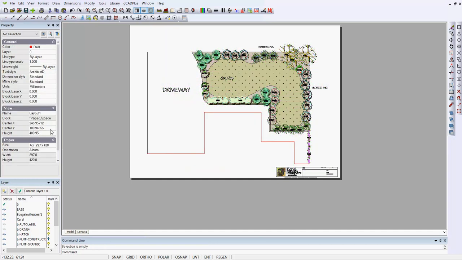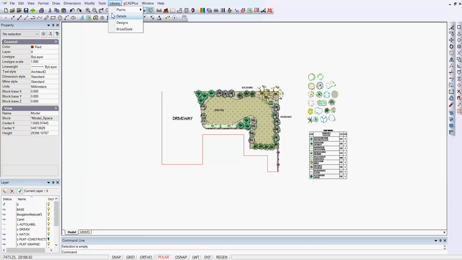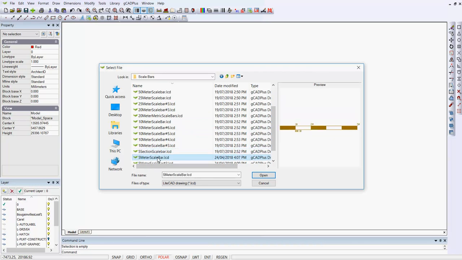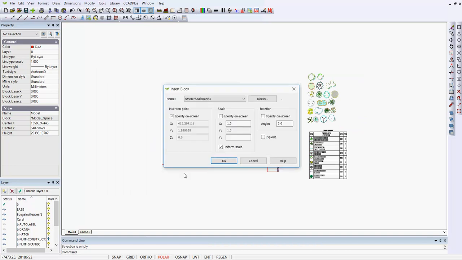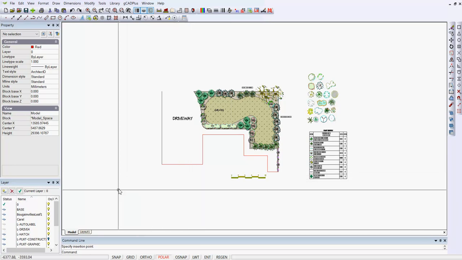But what I recommend you do is go back to Model Space, go to the Library, Details and Scale Bars, and just pick an appropriate scale bar. You probably want a 5-section scale bar. There's a nicer one here somewhere. This one here I think works better. Insert it into the drawing and we'll pop it down just in this area here, and you'll need a north